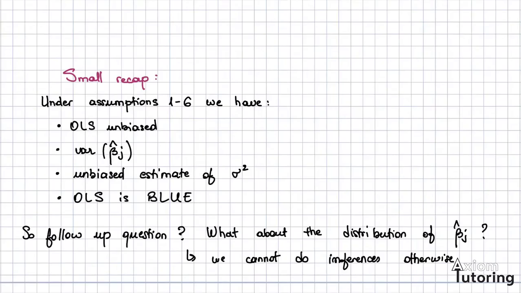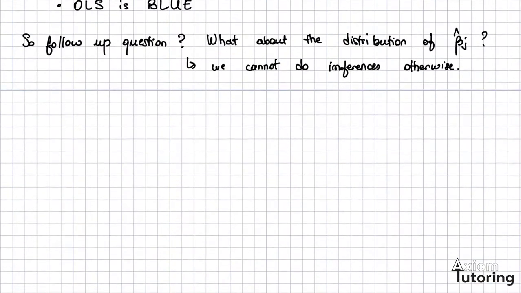I've mentioned quite a bit, and you have probably seen in your lectures as well, that you do a lot of hypothesis testing, getting confidence intervals or predicting confidence intervals. And without certain assumptions on the distribution of the beta hat j, you can't rely on the answers for whatever results you're getting. Which brings us to the last assumption that we're going to add to the list of the OLS assumptions, and that is assumption 7,